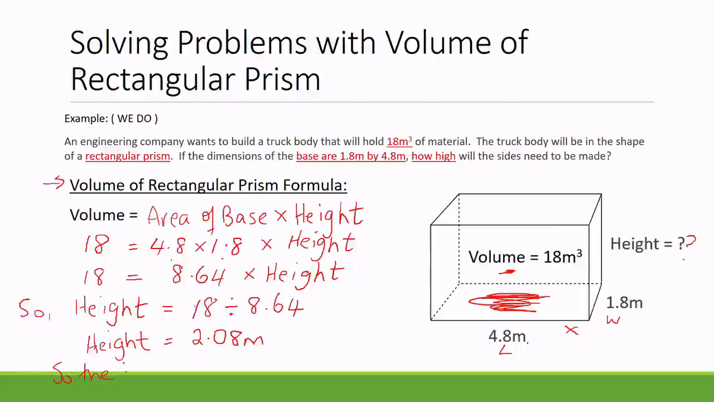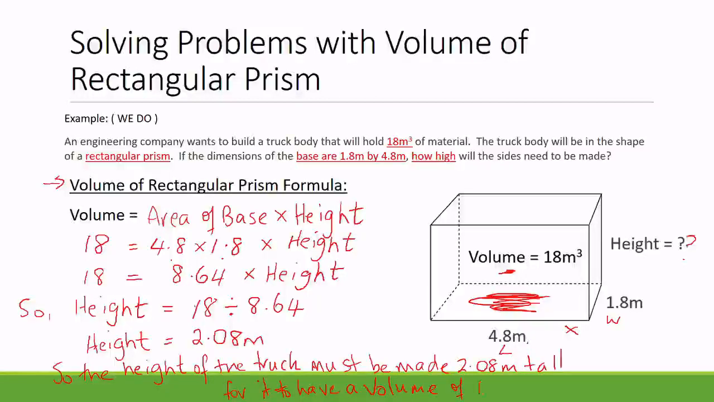The last step is to write a sentence. So I'm going to say, so the height of the truck must be made 2.08 meters tall for it to have a volume of 18 cubic meters. So the height of the truck must be made 2.08 meters tall for it to have a volume of 18